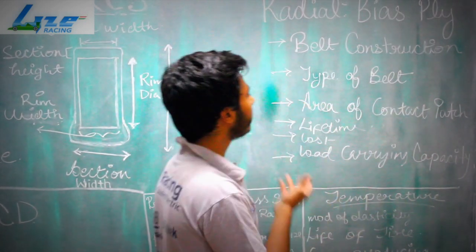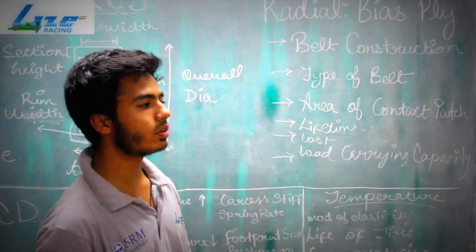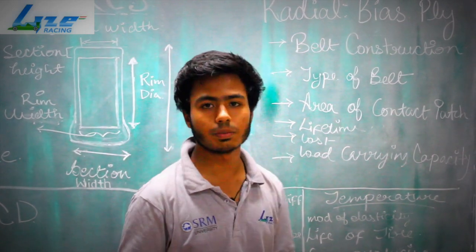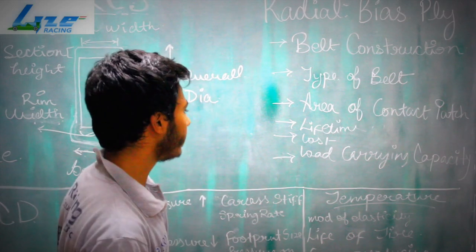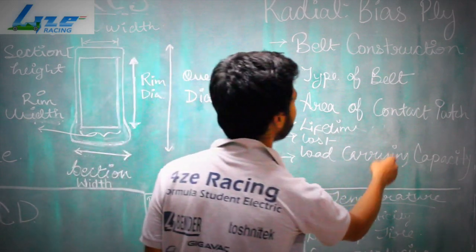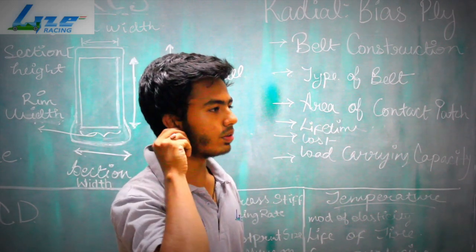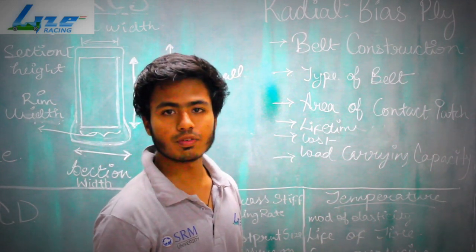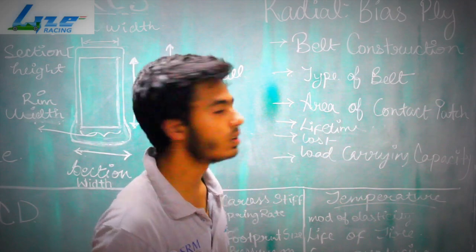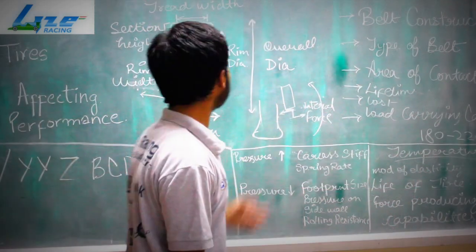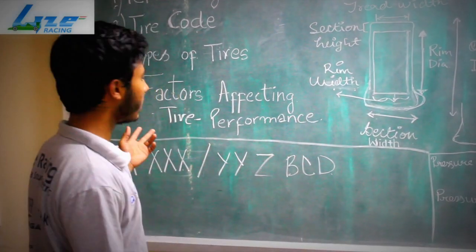So if we consider all these points, one person is going to be thinking about why would somebody consider bias tires. The reason behind it is that the load carrying capacity of bias tires is more than radial. Mostly they are used in bikes, for touring bikes, when people have to carry some load and go longer distances, they use the bias. After this, we come to the factors affecting the tire performance.